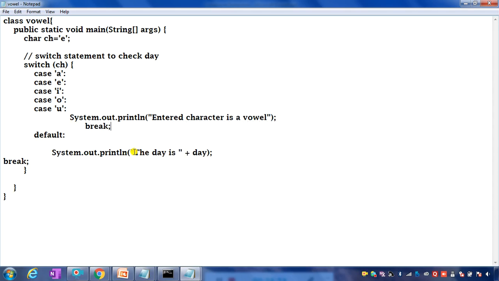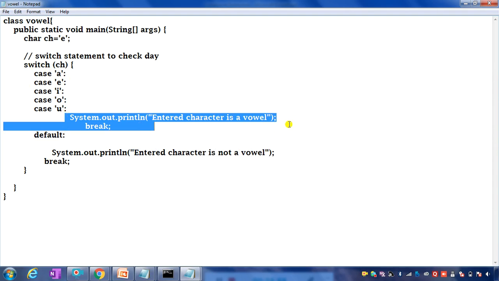And if it is not A, E, I, O, U, then I'll come here and say entered character is not a vowel, and then a break. So either you can write the System.out.println entered character is a vowel in every case and put a break,